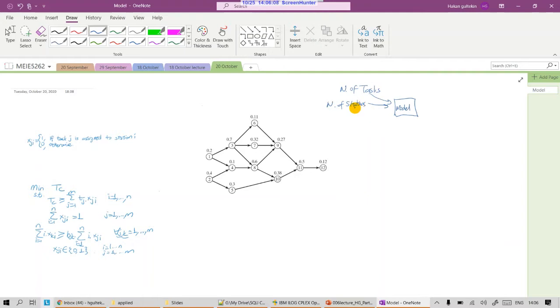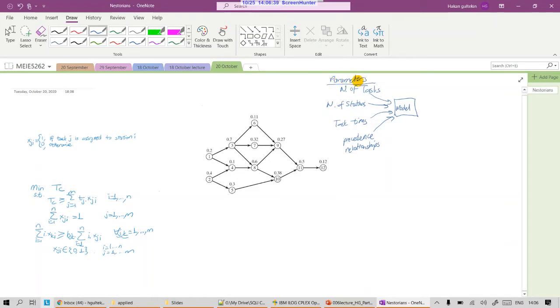Let me just write, and then we know the task times, and also we know the precedence relationship between the tasks. So these are given to us, these are input to our model, which means that these are parameters of the problem,